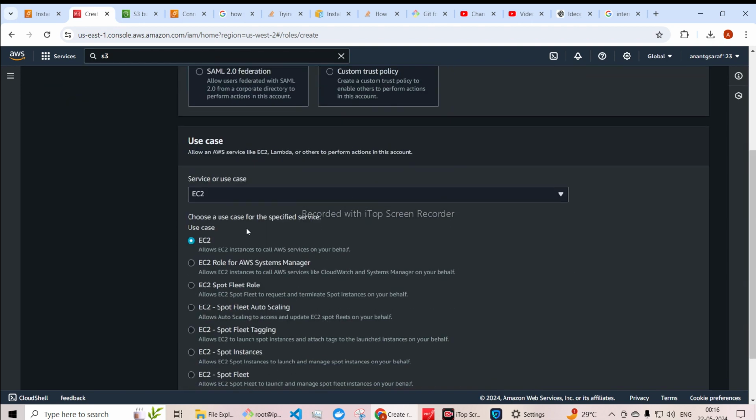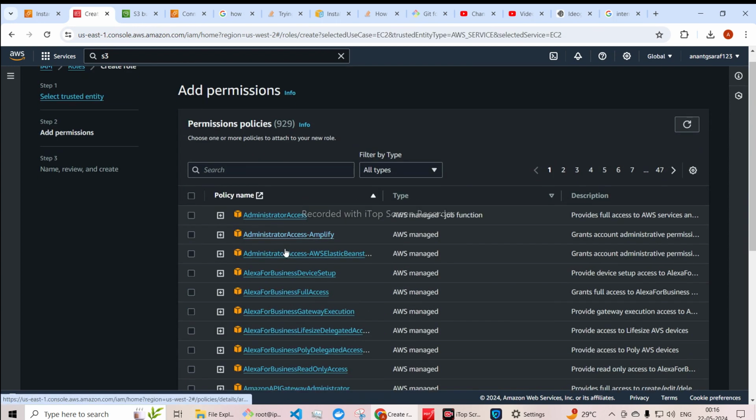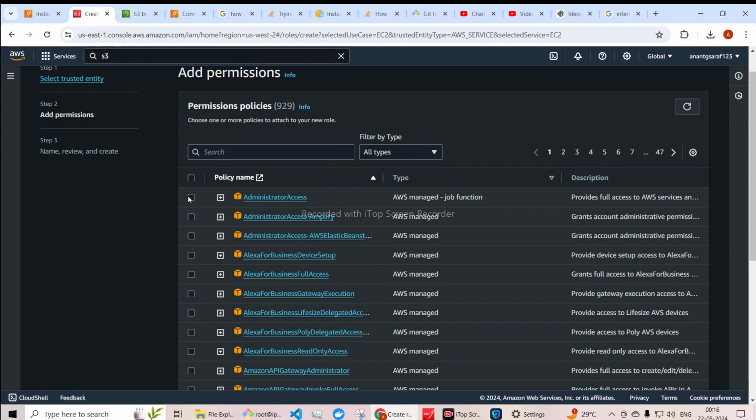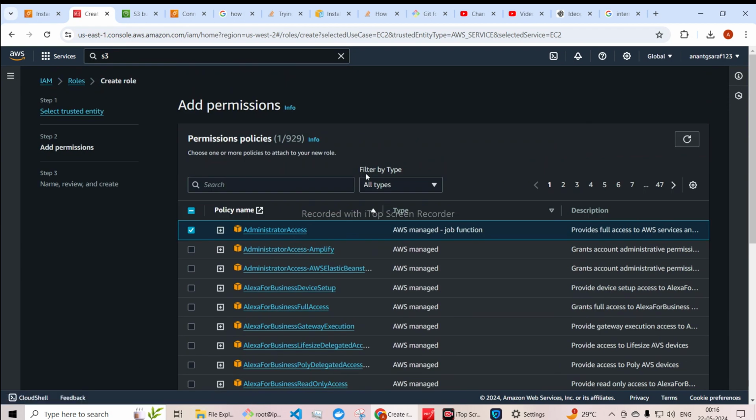This one is the service that is going to have access to the other service. Let's select EC2 only. Then next,